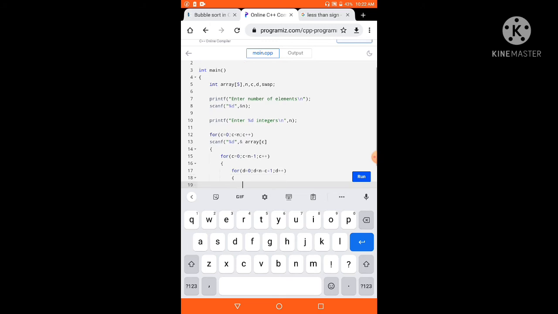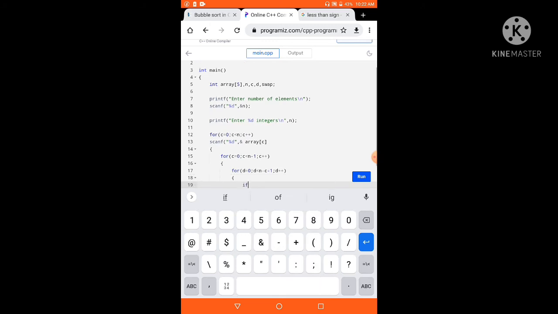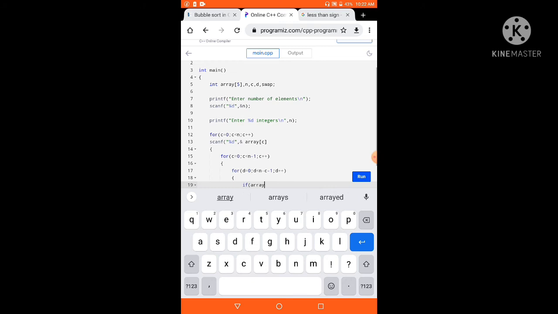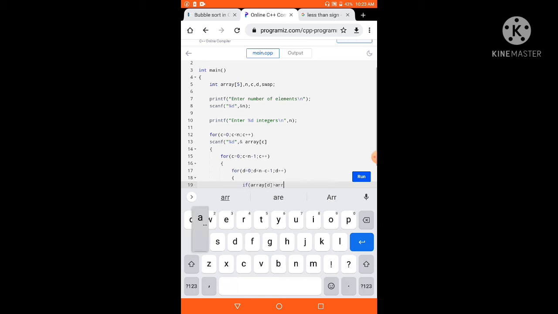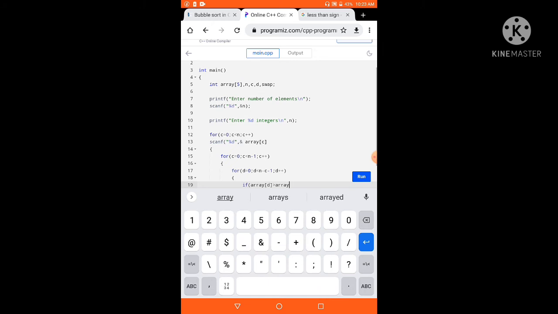Next, if array d is greater than array d plus 1,